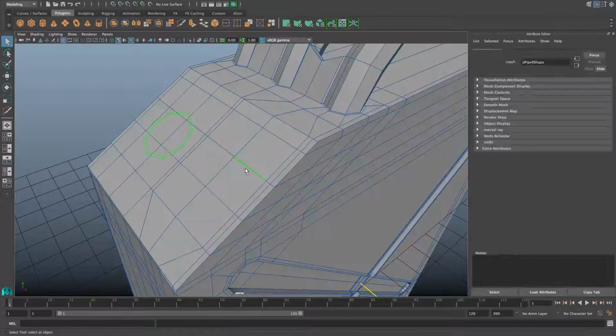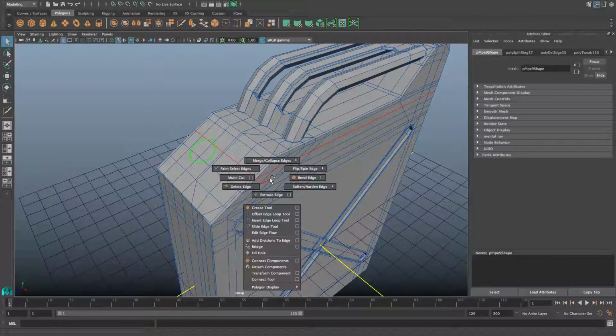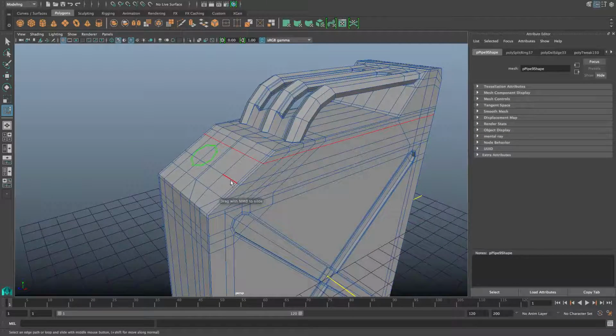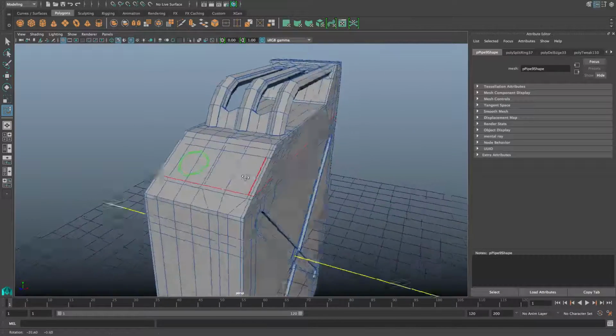I'm gonna double click on this edge and shift right click, choose slide edge tool, middle mouse click, hold and drag your mouse wheel. So I'm bringing this into about here. I'm gonna double click on this one and do the same to a little bit down here. Okay, now